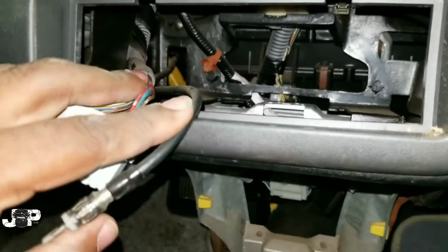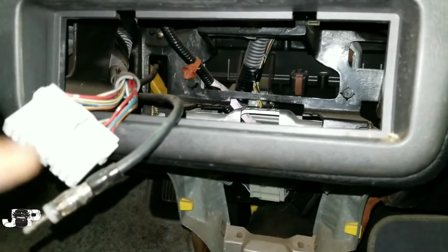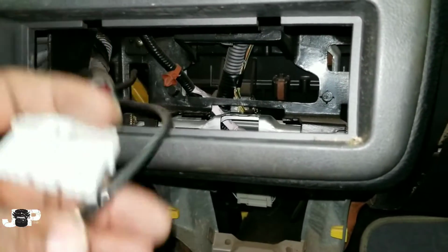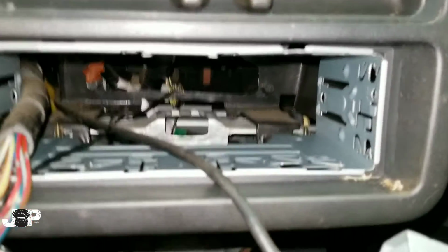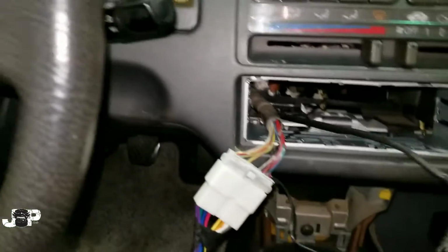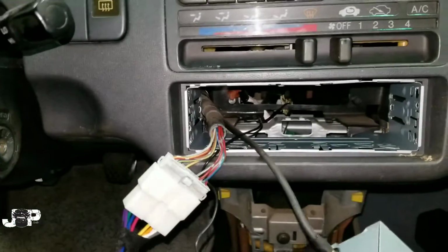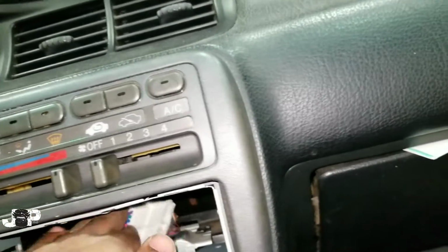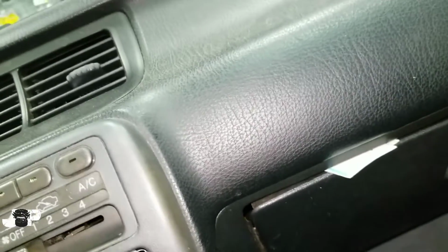Now I'm just gonna ISO mount our radio, meaning we're gonna take the cage off the radio and mount it in here, wire up our harness, and this thing will be good to go. So you can see we got our cage. Already got the little tabs mounted like that. Harness wired up. Now all we have to do is just stick all this stuff inside of here. Slide our